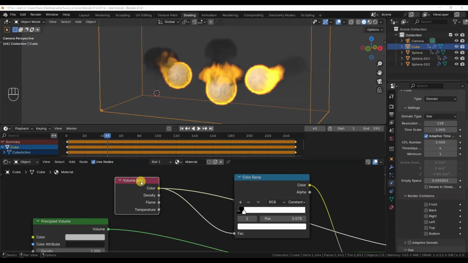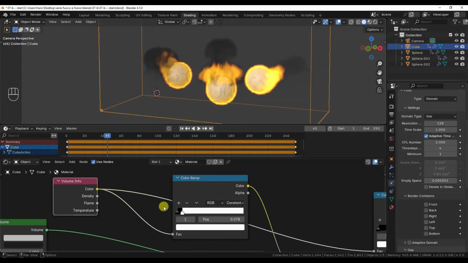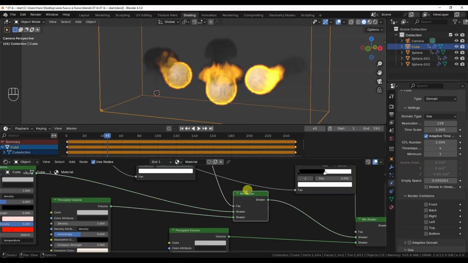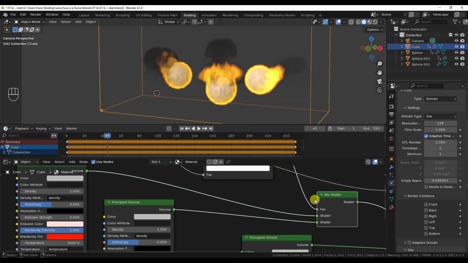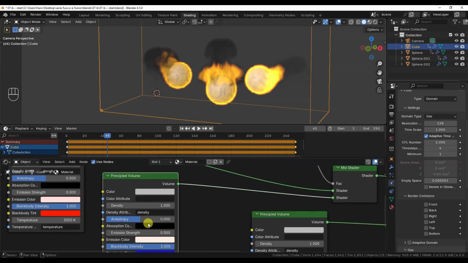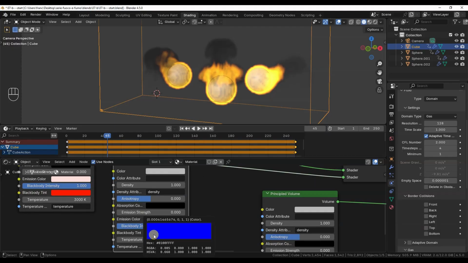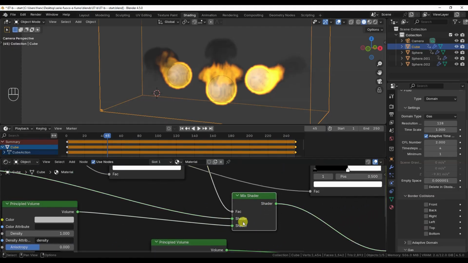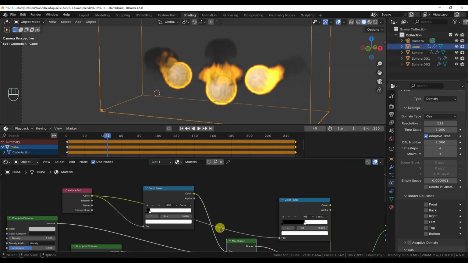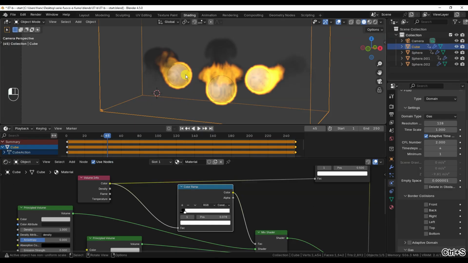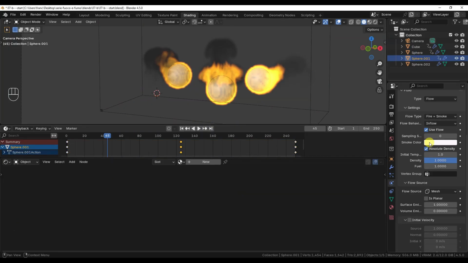Using this field as the factor in a mix shader node, we can assign different principal volume nodes to different voxels depending on the smoke color defined for them. But the mix shader alone would simply blend the two shaders 50-50, so we need to use a color ramp with a sharp separation between the colors coming from volume info. To achieve this, I set the interpolation method to constant. I then assigned 3 different colors to the color fields of the 3 inflow objects: white, gray, and black from left to right.